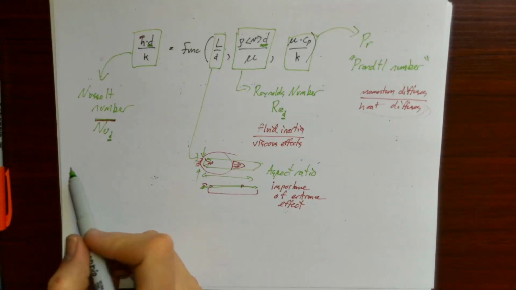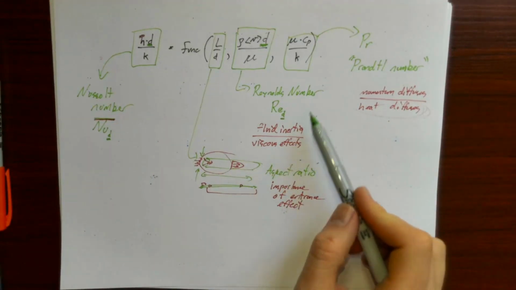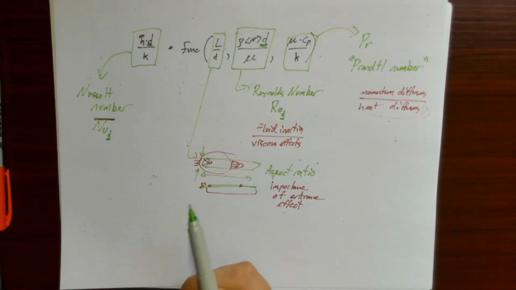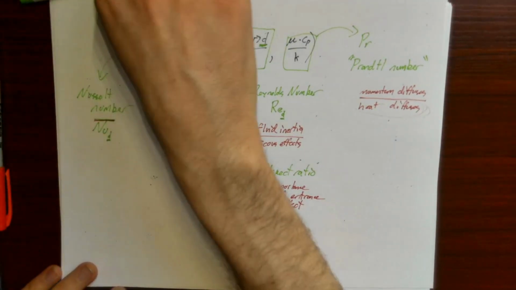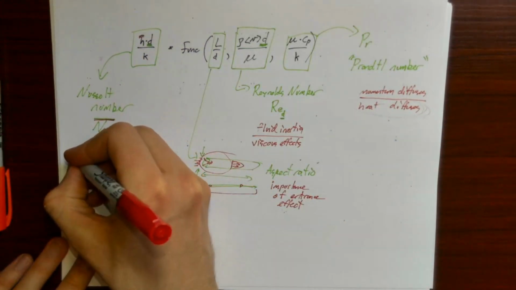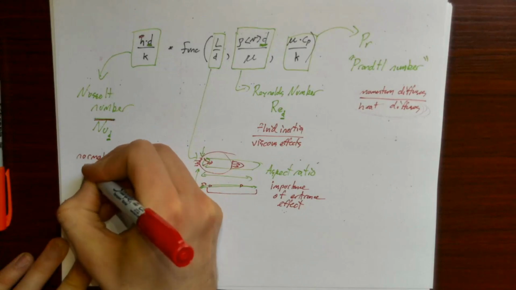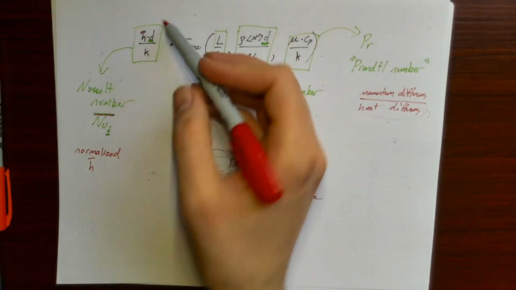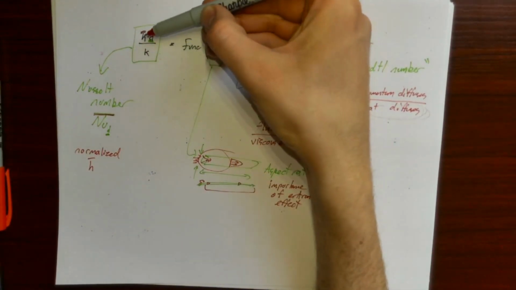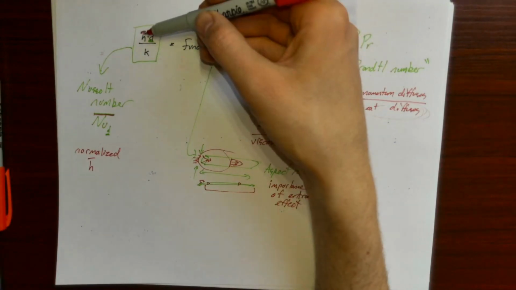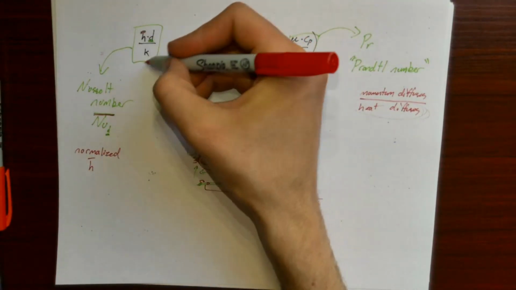It doesn't really, in contrast to Reynolds number, where there's this great physical intuition of fluid inertia versus viscous effects, Nusselt number, I don't really like to think of it that way. Just think of it like a normalized H bar, right? So the whole point of this thing was to basically get a way to figure out H, or H bar. So, Nusselt number is basically a kind of intermediate step.